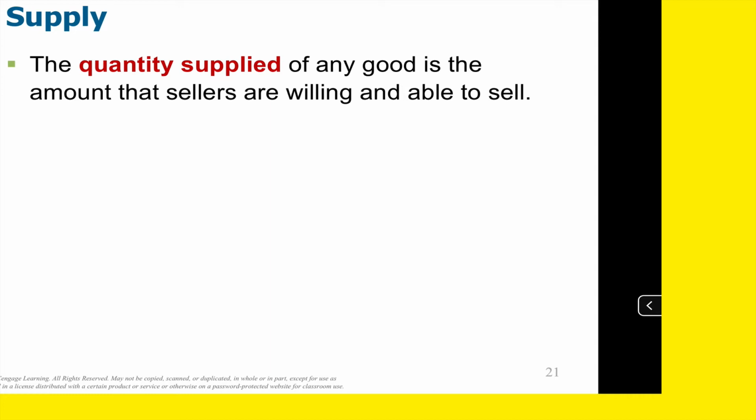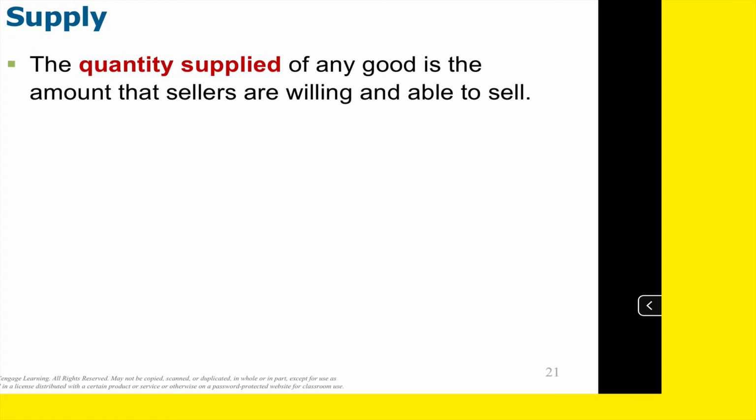Guys, zero, right? They might be willing to sell billions of bags of peanut M&Ms, but in Florence, South Carolina today, how many are they able to sell? Zero, right? Willing and able, just like you guys. Some of you really wanted those M&Ms for $3 a bag, but you didn't have the $3. You were willing, but not able.